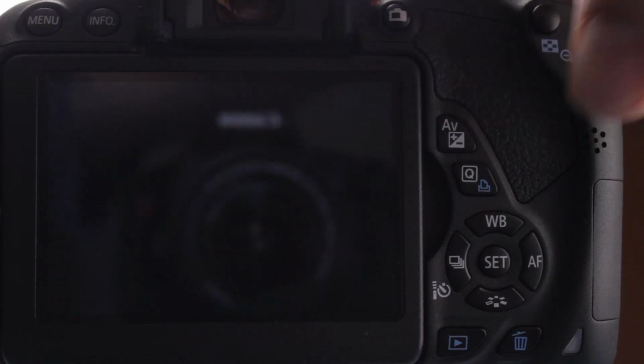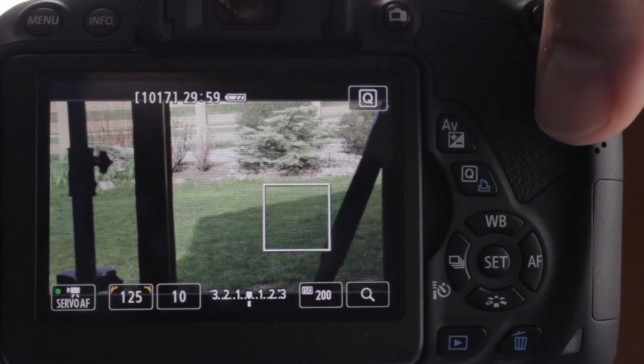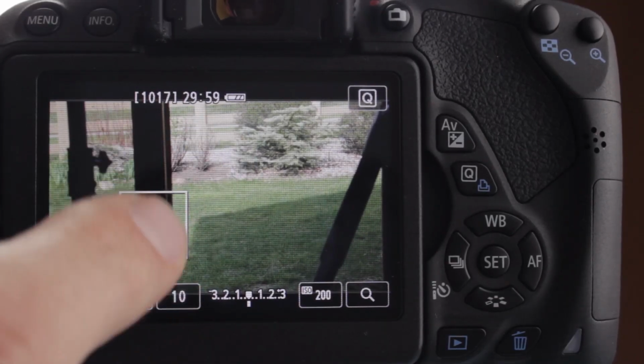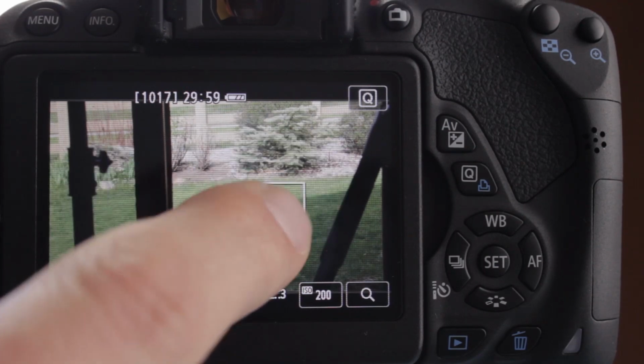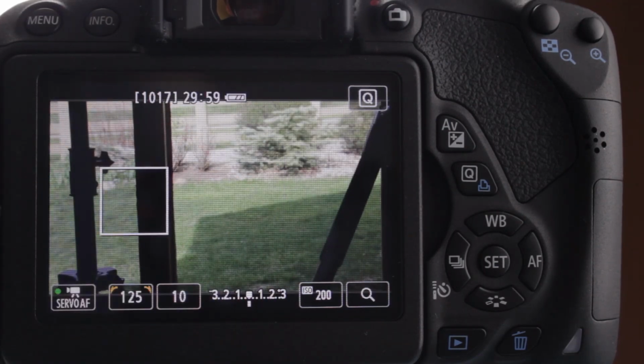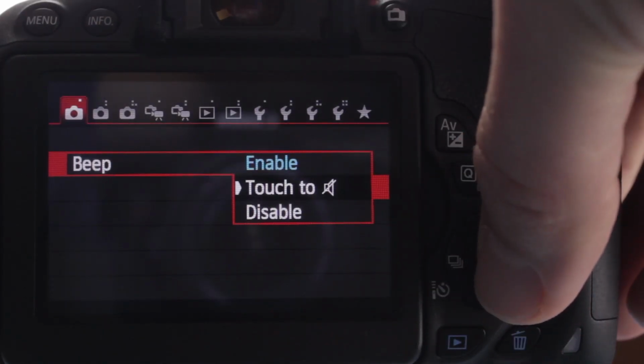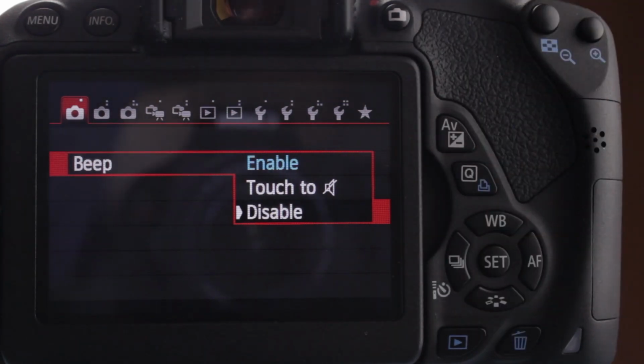So let's go back in, we're in movie mode right now, but if we were to try to focus and I press the shutter halfway down, you heard a little beep once it acquired focus and it turned green. Also, when I move my finger around the screen, I can focus on different things. And you can hear the bloop, bloop, bloop. So basically, you go to the menu, you can disable the touch screen part of it, or you could disable both the beep when you acquire focus or when you're beeping around on the actual screen. To be honest, the shutter makes way more noise than any of the beeps do, so I just leave it